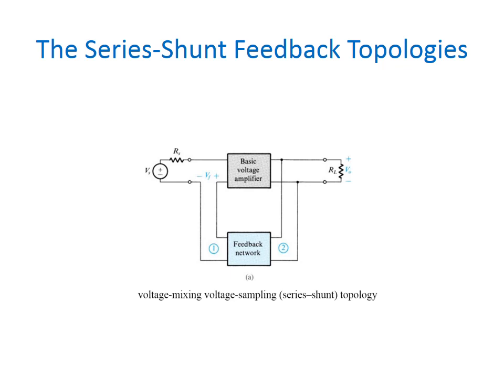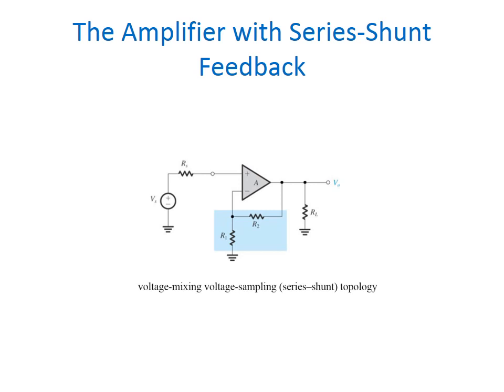So first we are going to see the series shunt feedback topology. In this type of circuit, a portion of the output voltage is applied to the input voltage in series through the feedback circuit. Here the feedback circuit is located in shunt at the output, although in series at the input. When the feedback circuit is connected in shunt at the output, the output impedance is reduced, and the input impedance is increased because of the series connection at the input. So this is the amplifier where we are going to apply the series shunt feedback.